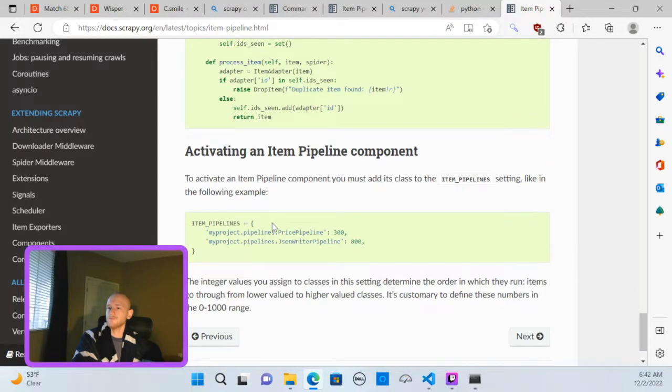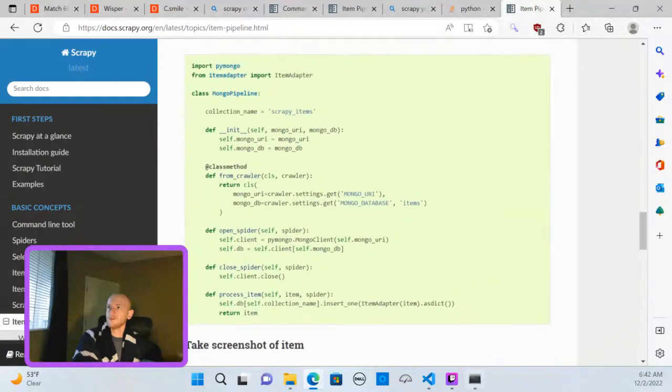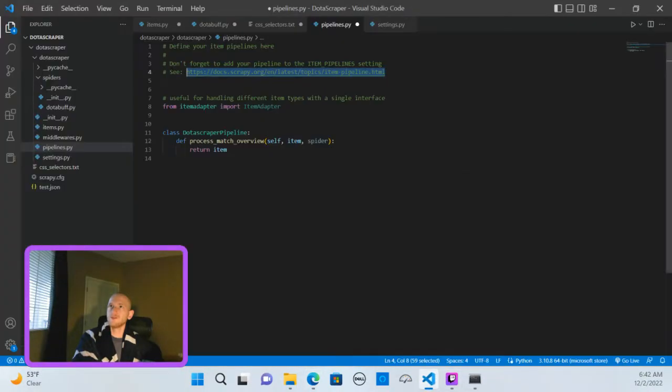This is crazy. This is a little nutty for my taste. I guess process item is some default thing it's called. I don't know if I want to change that yet. But anyway,